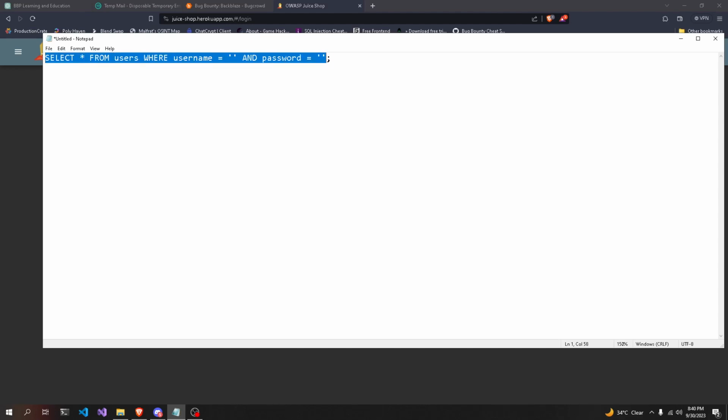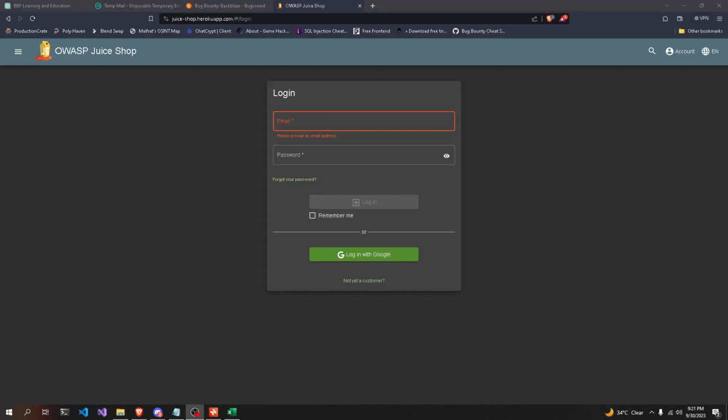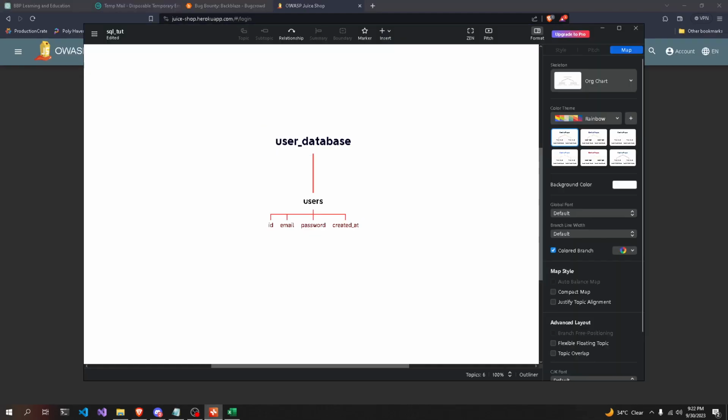Now why this works is because we have a SQL query in the background running on the server which says this. Well, most of the time it's like this, but sometimes it has protection, it's more complicated, but this is just a generic SQL query that would run for something like this. So to further grasp how the query works and what it's trying to fetch and how it's fetching all the data, we have to understand how a database works.